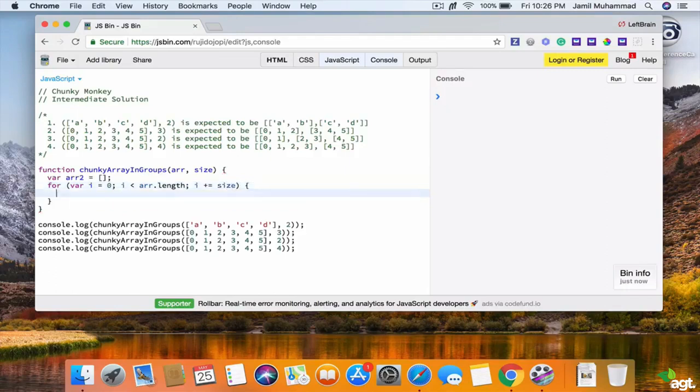So incremented by size, and then array dot push